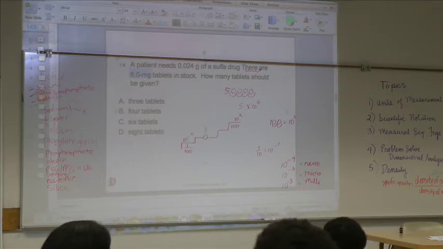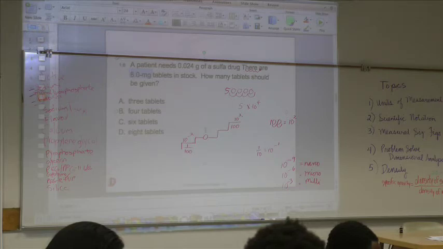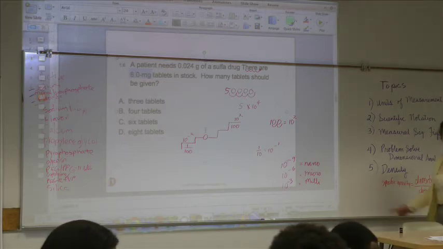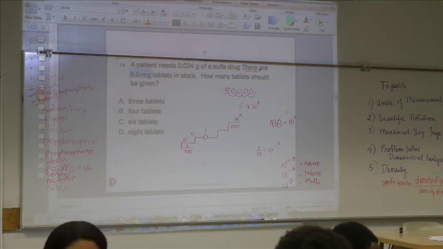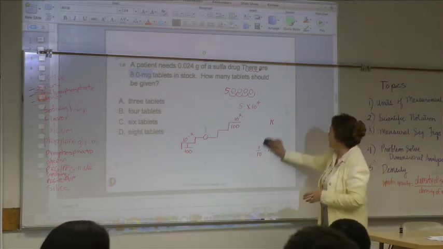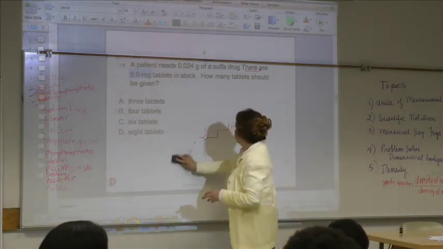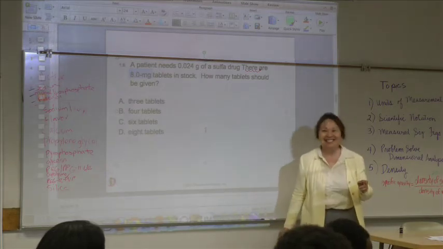Three or 4 did not solve this, because I know for sure there's one who knows how to solve it. How many tablets should there be? 3. Yeah. How did you do that? Because I convert first. Who doesn't know how to do it? Who would like to share and show the correct way of canceling the units, doing the analysis, over 8.